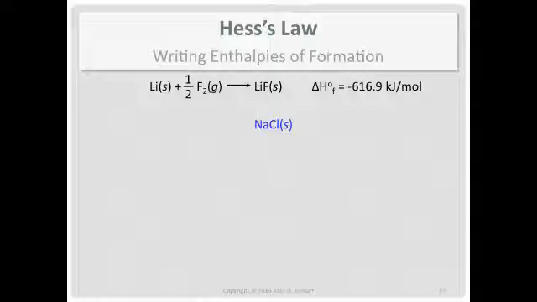Let's write a few. Solid sodium chloride. And why solid? Because I picked it. What's in sodium chloride? Sodium and chlorine. What physical states go on those two elements? Solid and gas. And then, for balancing, we put a 1/2 on the diatomic chlorine. If you look up the value, negative 411.1 kilojoules per mole. It's an exothermic process, and for every mole of sodium chloride produced from its elements, negative 411.1 kilojoules.